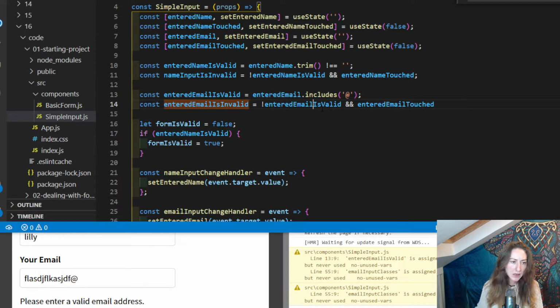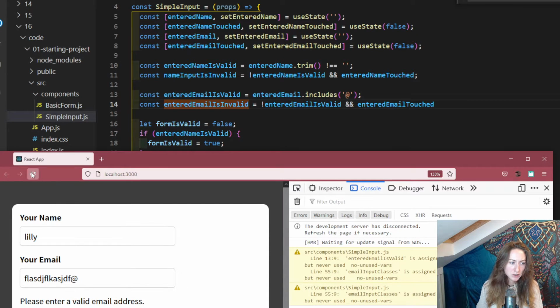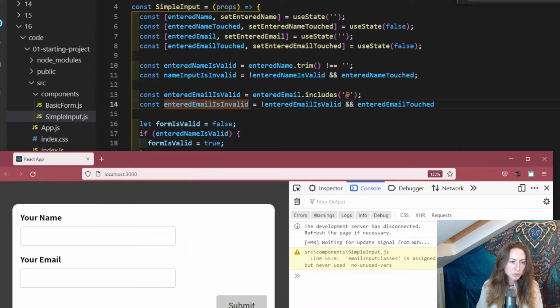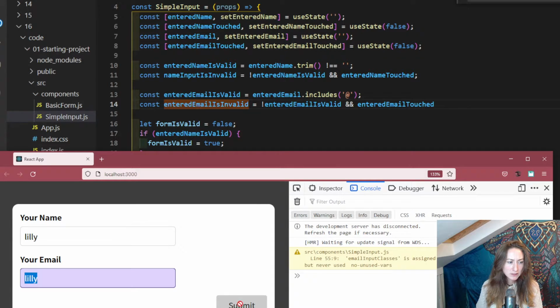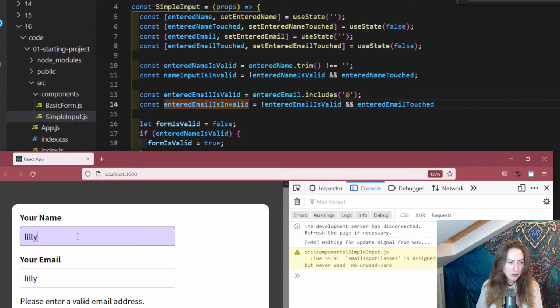So now we might actually be in with a bit of a better shot. So let's reload. These are just important things to check, especially if you're copying and pasting. Where are you getting that data from? Why could that possibly not be working, and trace it back. So I'll add in a name, and then I'll say just Lilly, and let's see what happens. Okay, so that did not work. And then what about if I